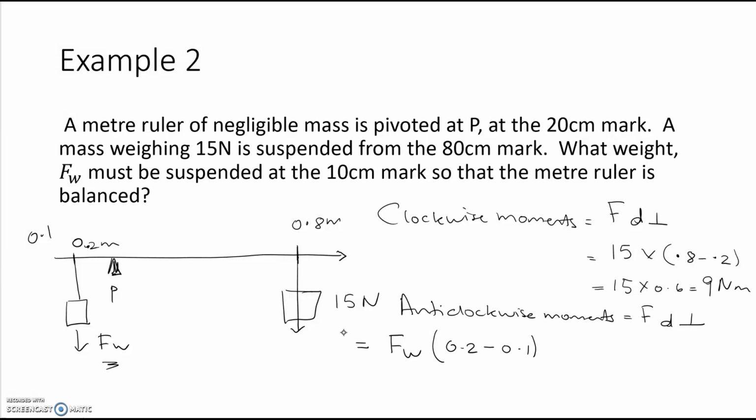Okay, 0.2 minus 0.1 is 0.1, so it's 0.1 times FW in newton metres. Now, the two of these have got to be equal, so 0.1 times FW has got to equal 9. Therefore, using your maths, FW has got to equal 9 over 0.1, which gives us 90